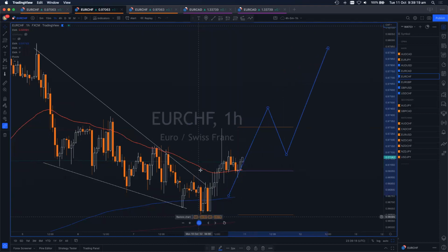Maybe we've got a higher low now. Maybe that's a low. We'll see as this goes up. If this breaks the high, that'll be a higher low. We have a higher high. Is that a high? It's a bit messy. It will be if it comes up here somewhere. So if you break this high, that'll be a clear higher high. So maybe if we get up to about here, the 1 hour 50 will come up